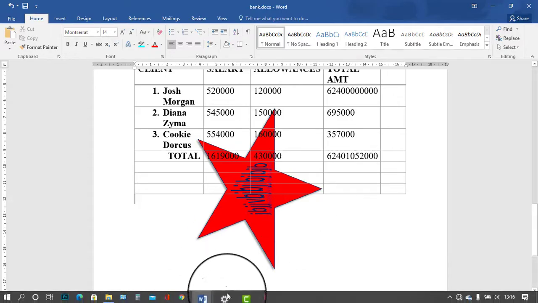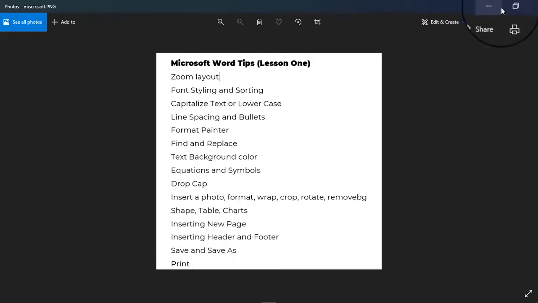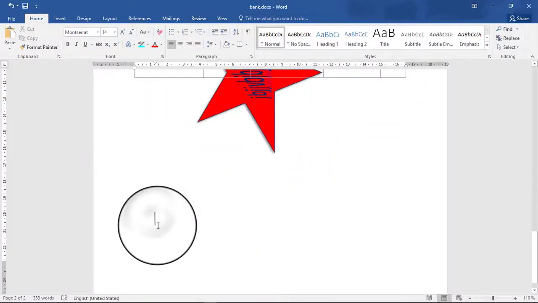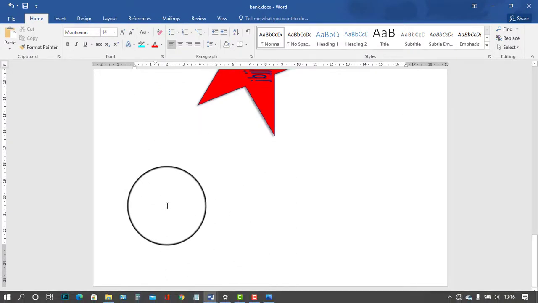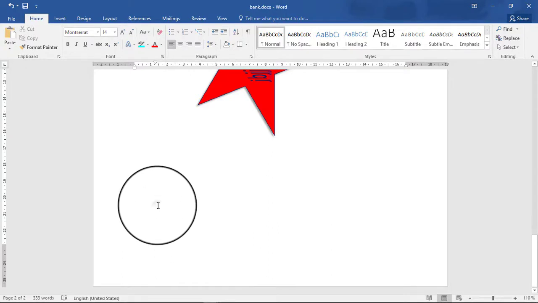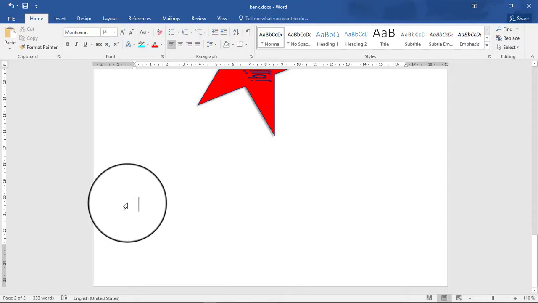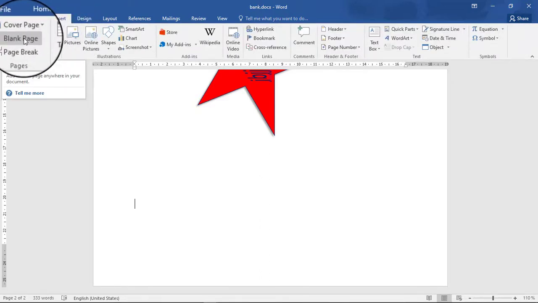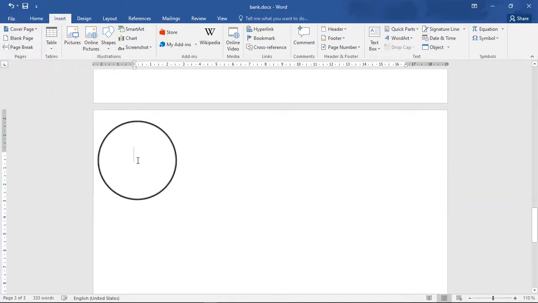So another thing here, we are going to talk about also inserting charts. If I want to insert a chart inside this document, let's start with inserting a new page. Inserting a new page, just press under your document. I want my document to stop here, so I want to insert another page. I come and press there, you go to insert, then you go to blank page, then it will create a blank page here. So I want to insert a chart.